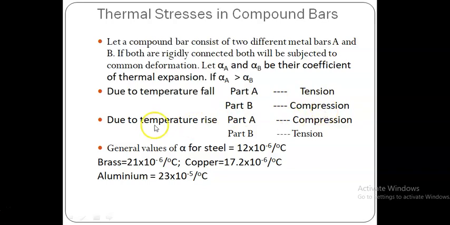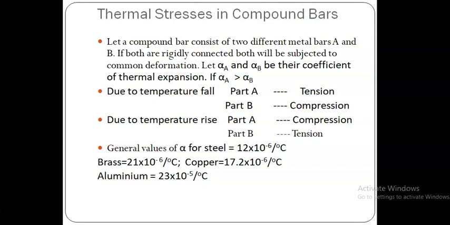Like that, if the temperature is raised with respect to its standard temperature, the material part A is now subjected to compression and part B is subjected to tension. So here we see some general values for alpha, the coefficient of thermal expansion for steel. This is the change that happens in compound bars when they are subjected to thermal stresses. One material is subjected to tension and another material to compression in case of temperature effect